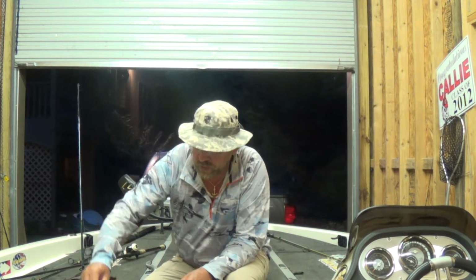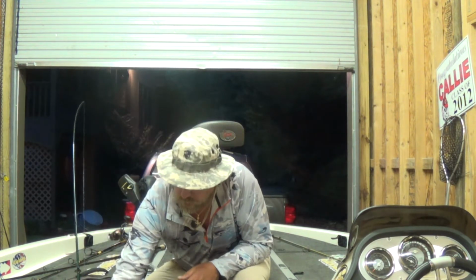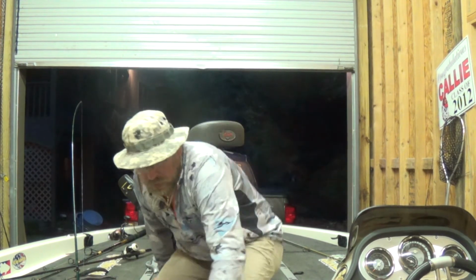Once I get done with the topwater, and get a little closer to my brush piles, I'm going to start drop shotting. What I'm using with my drop shot is a little